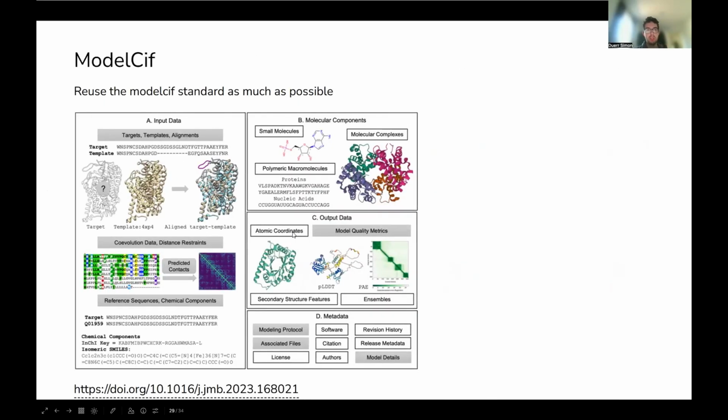It builds on the ModelCIF standard, which people from the Swiss Institute of Bioinformatics and from the different protein data banks have already coordinated. So it's already in place: they store annotations, like what kind of model generated a structure deposited, for example, in AlphaFoldDB, and they also store, for example, the pLDDT or the PAE. We just need an easy interface to do this more frequently for outputs of different models, so that in the end these CIF files are like a dictionary that contains all the information about your job.